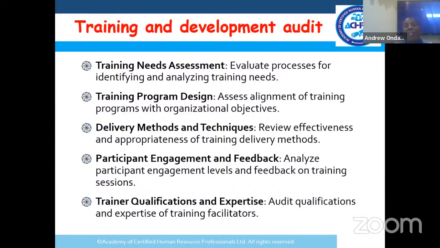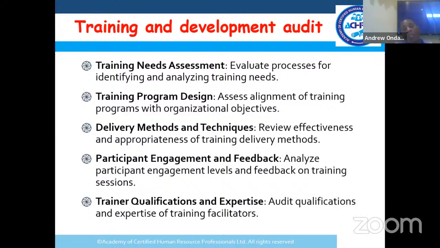Off-the-job methods refer to those initiatives taken outside the organization, probably in a training institution. And there are many of such methods. For example, online learning, like the one that we are holding now. Two, we can have institutionalized training, where you take people to colleges or universities to be trained, or it can be workshops, conferences, and